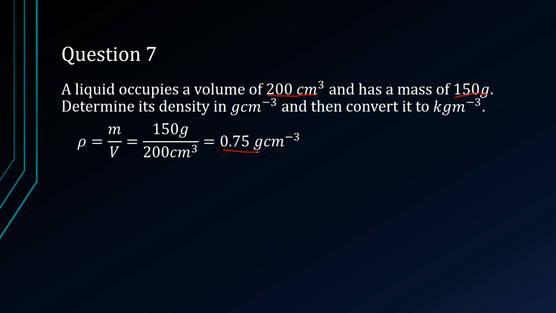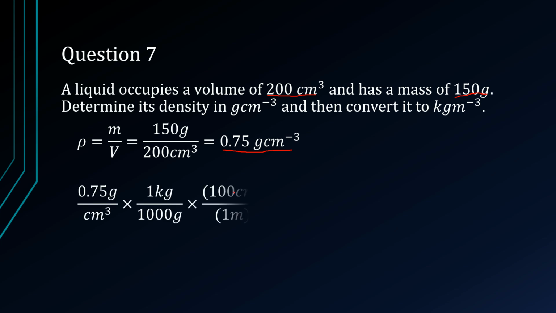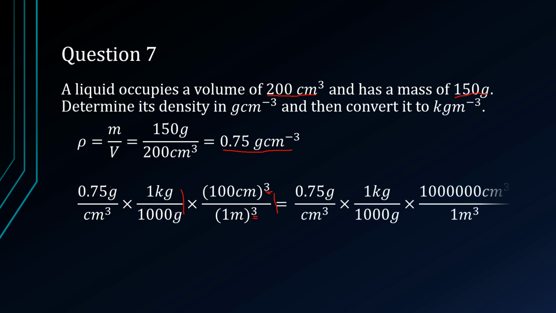We then take this 0.75 grams per cm cubed and write it as a fraction and multiply it by two convenient numbers of 1. The first convenient number of 1, we will choose to use it to convert grams to kilograms. And we see that 1 kilogram is equivalent to 1,000 grams. So this here is a value of 1. Again, we have 100 cm is equal to 1 meter. So we know that this here is a value of 1 even if we raise them to the power of 3 each, so that we can get cm cubed. Once we get that, we expand and we simply use our algebra to cancel,